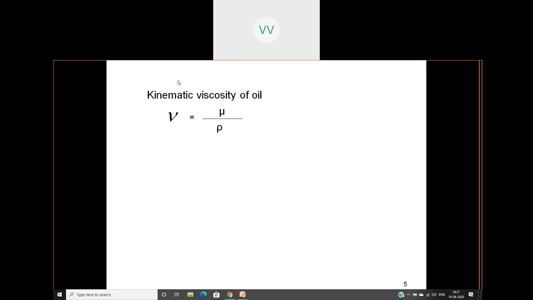So now coming to the kinematic viscosity of the oil, nu is equal to mu by rho. This is the relationship between the three terms. So now try substituting after finding out the dynamic viscosity, divide it with the density to get the kinematic viscosity. So now in order to get the density, that means the mass density of the oil, we use the specific gravity of the oil. So specific gravity is 0.95 into